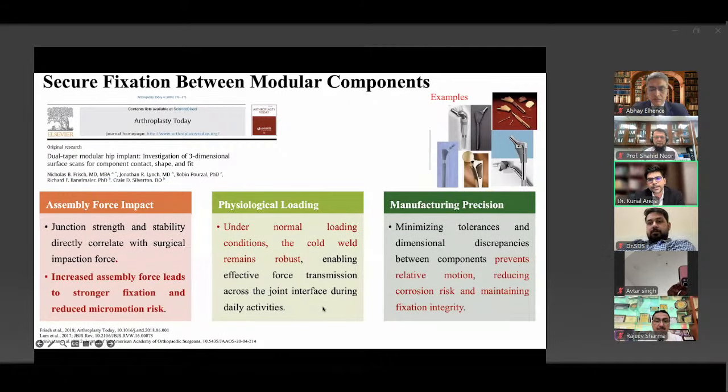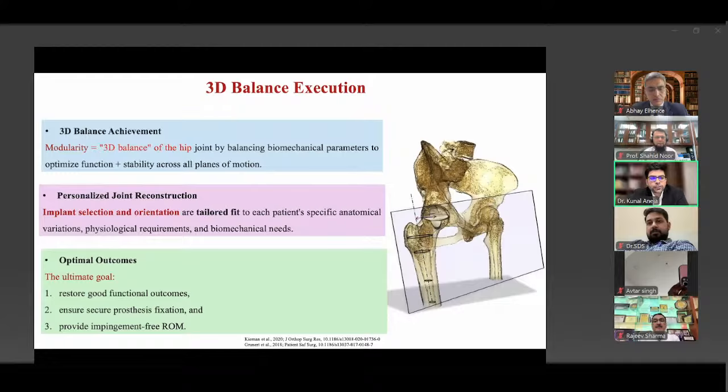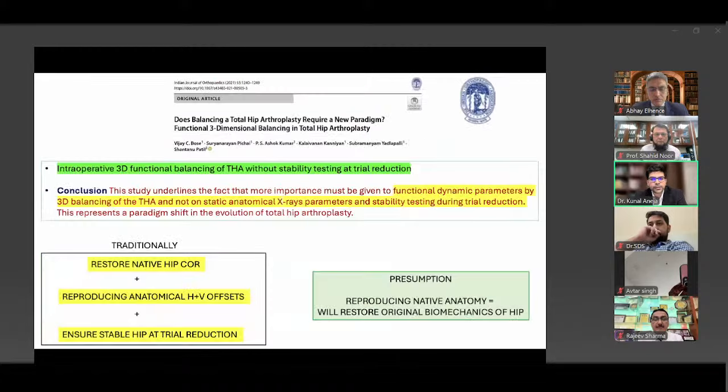And third is how accurately it's manufactured, that is the taper specifications. We have heard the 3D balancing talk by Dr. Rami, and he has eloquently discussed how modularity affects the 3D balance of the hip. The correct implant selection and orientation enables us to achieve a personalized joint reconstruction for a tailored fit. And the ultimate goal for all hips is to achieve impingement-free functional range of motion with a good prosthesis fixation